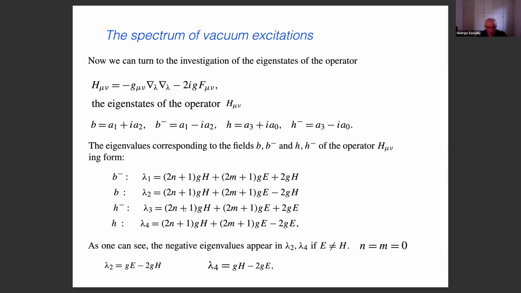So how do you see? You should take the n and m equal to 0, right? If we take n and m equal to 0, so we remain in the ground state of the oscillator, this gh and ge. And so here we don't have a problem because it's plus gh plus 2gh, it will be 3gh plus, so it's positive. Now here, as you see, if we put n and m equal to 0, there will be gh, and there is minus 2gh, so remain